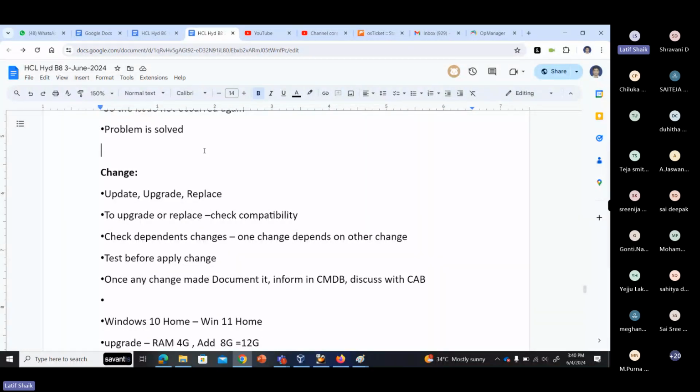So first is compatibility and second one is dependency. Third one is test before you apply changes. You are going to change something, so before you do the change, test before apply. Make sure that if you are confirming the changes, it should work. Test the theory. Once any changes are made, inform in CMDB and discuss with the